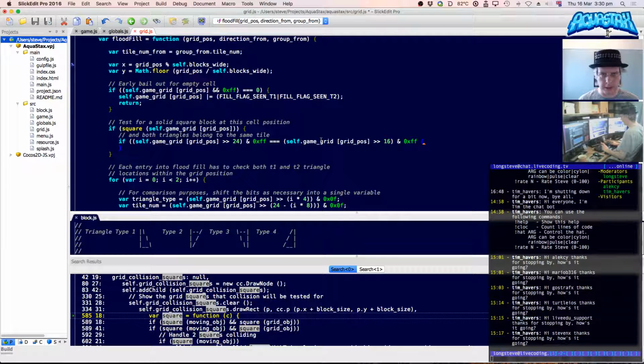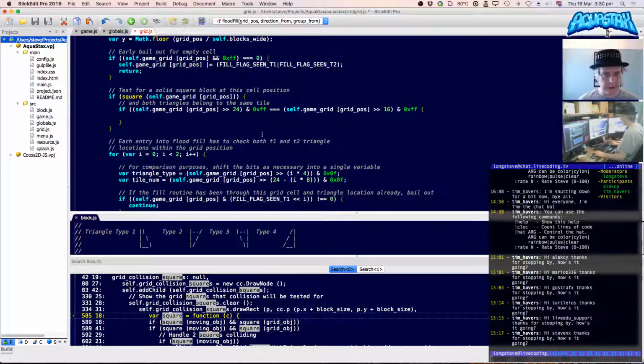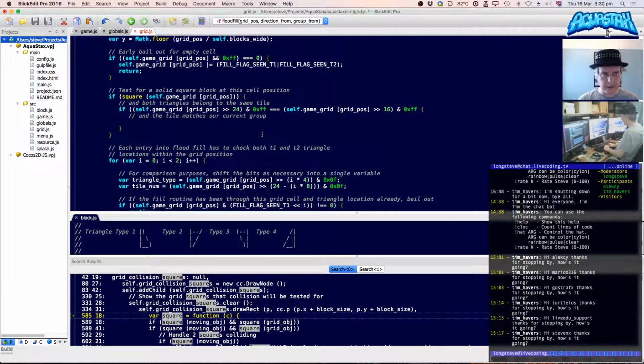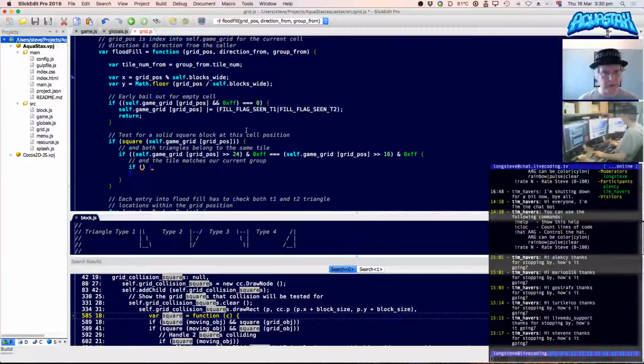If both triangles belong to the same tile, and that tile is the one that we're dealing with, and the tile matches our current group, then we want to, so how does that work? If that's tile num from,